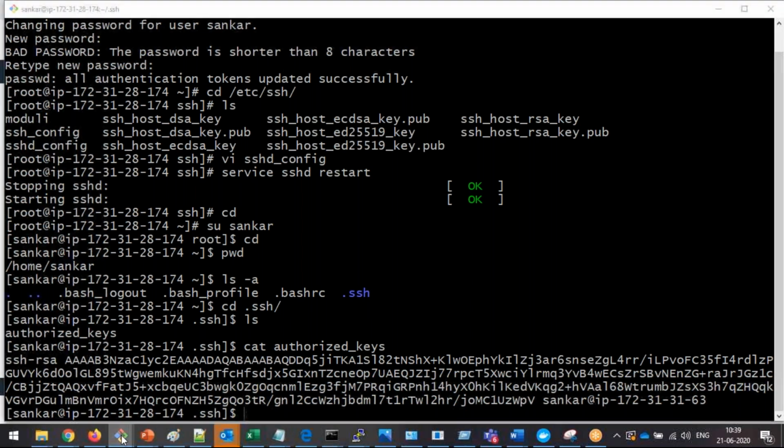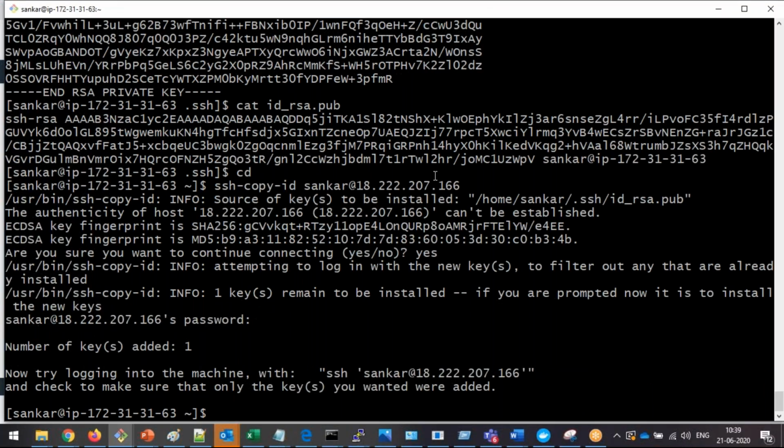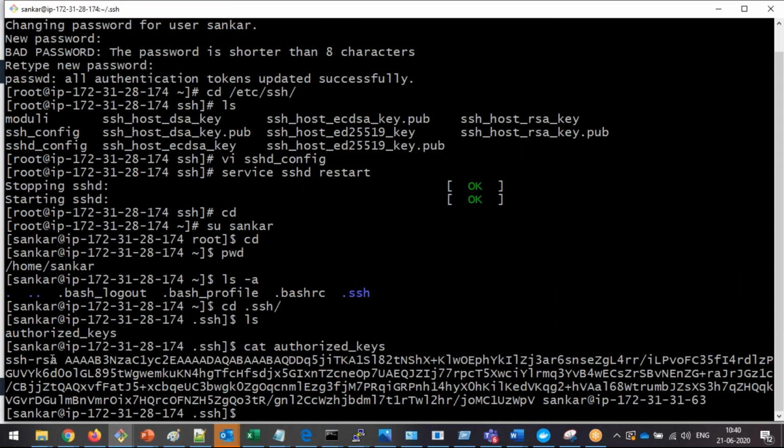So let me go to my source. If I take the public key here, ssh-rsa, and at the end Shankar@ the 63 IP, it is going to end here. Now if I go to the destination server, ssh-rsa, then here you can see Shankar, same. The same key is copied here. So this is the easy and safest way, where you are not going to miss anything. Your command will take care of it. The command is nothing but